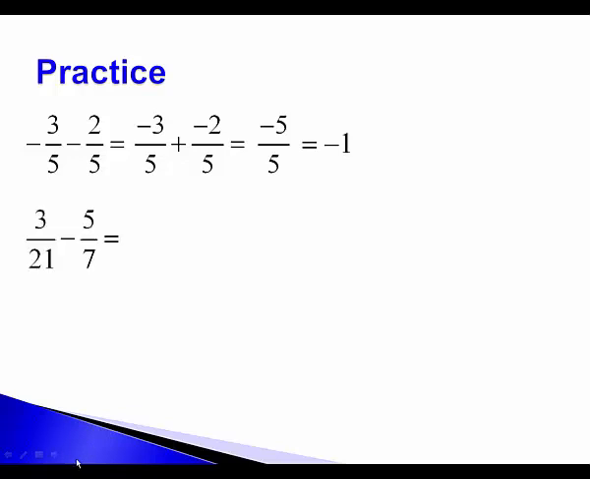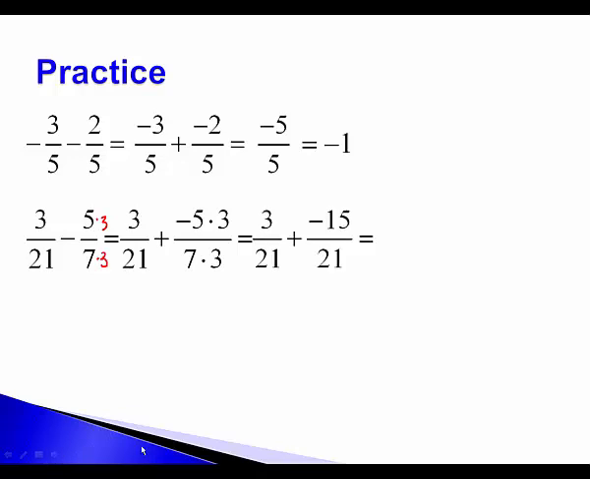Our next problem is 3 over 21 minus 5 over 7. The first thing you have to notice is that the denominators are not the same. I would need to multiply this one by 3 to make that happen. When I do that step, it'll look like this, and at the same time I'm going to add the opposite. So I now have 3 over 21 plus negative 5 times 3 over 7 times 3. That leaves me with 3 over 21 plus a negative 15 over 21, and I'm right back to the checkbook